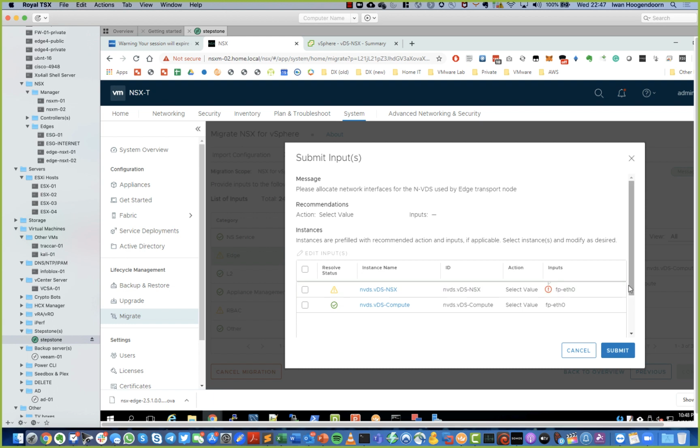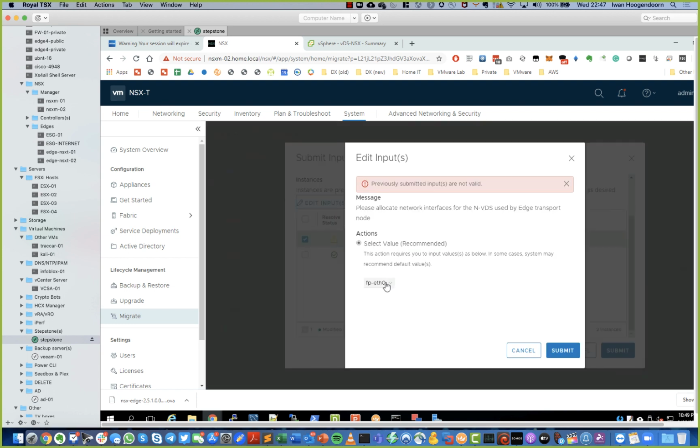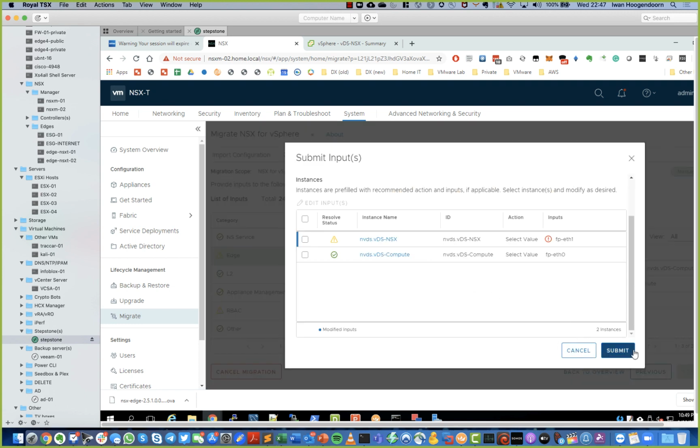I didn't quite understand what I needed to do here. So I was wondering why. I have two VDSs, how hard can it be? And I want to go to one NVDS, but why is it giving me this kind of trouble here? So I clicked, I tried some other things, and eventually, for some reason I didn't even read, I got it to work. I just selected an interface, just to get rid of the annoying message,